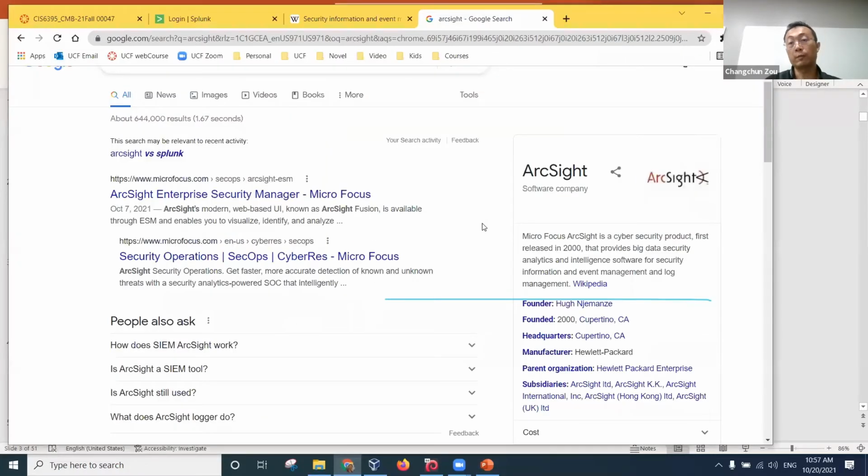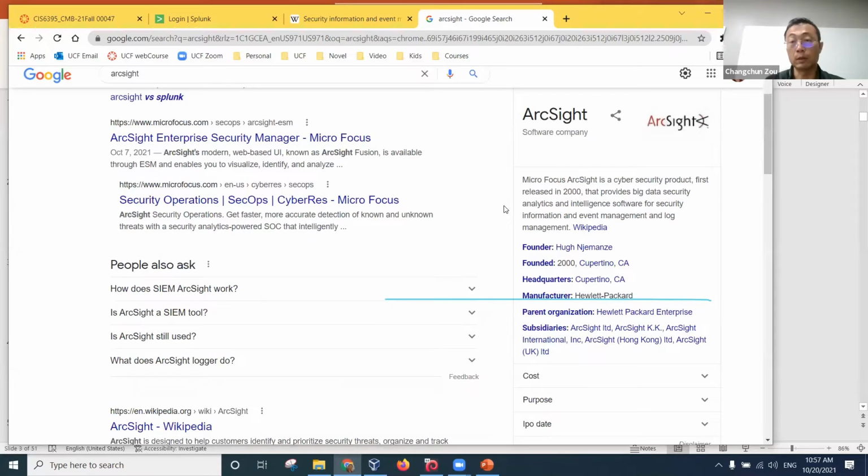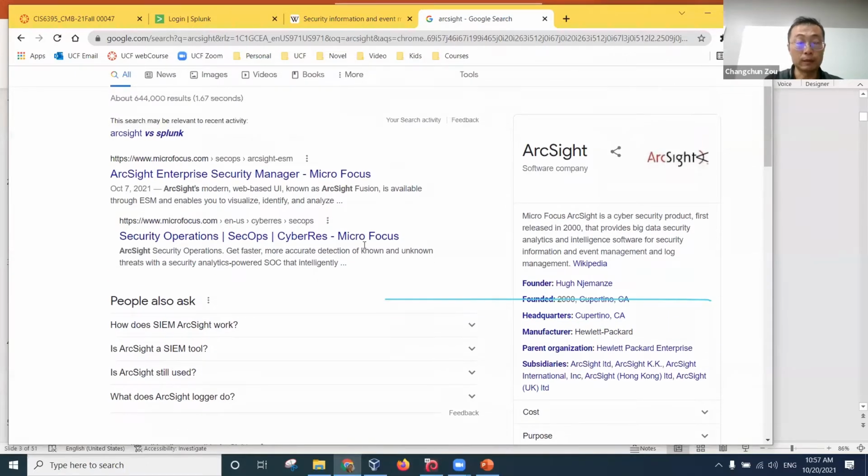So why do we introduce Splunk? Because Splunk has a 60-day trial version that everyone can use, and that's enough for you to learn the basic concepts. It's very convenient to use, so in the class, I will introduce that. ArcSight, I'm not sure whether it has